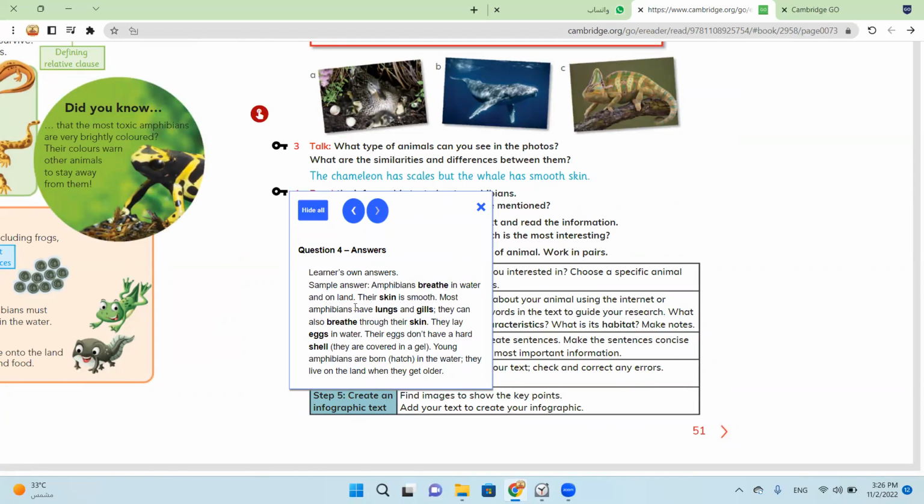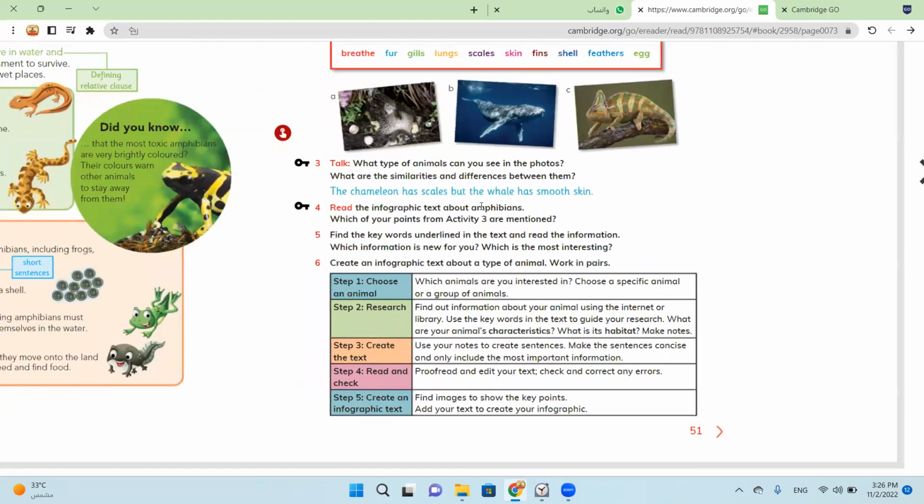Amphibians breathe in water and on land. Their skin is smooth. They have lungs, gills. They breathe through their skin. They lay eggs in water. They don't have a hard shell. So,